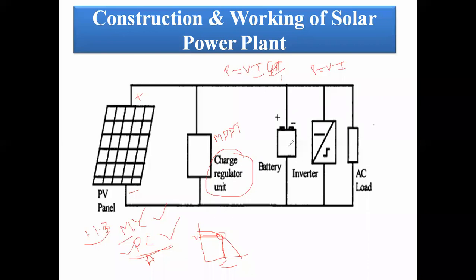Here the batteries used are lead acid, nickel iron, nickel cadmium, and so on. The available output is DC, but we require AC energy, so with the help of an inverter we convert DC into AC, which is then used for the load appliances. If the load is DC, the output of the battery is directly connected to the load.